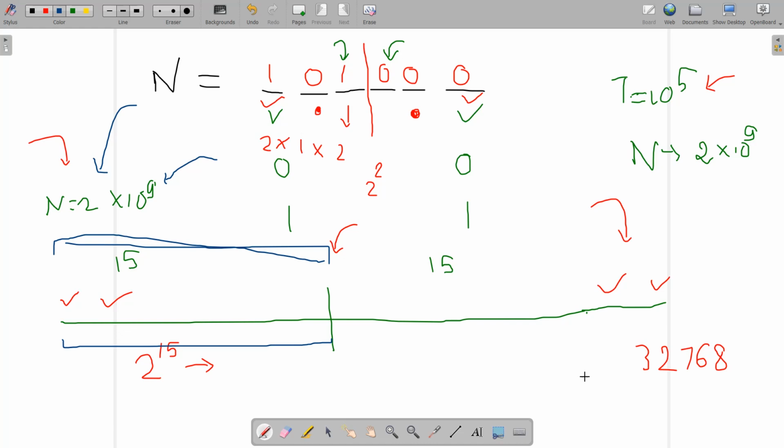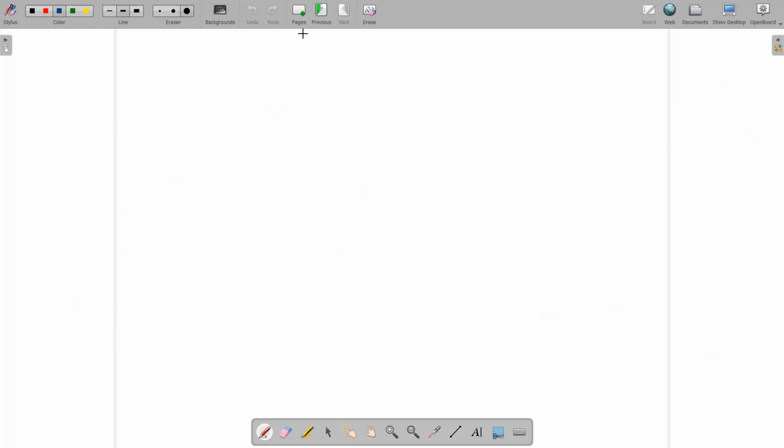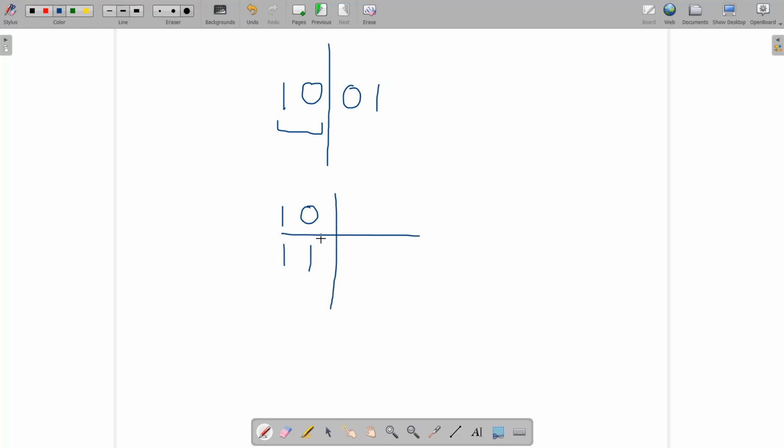Let us take another example. If we have 1001, this is a palindrome, right? So what I'm going to do is divide it into two halves, and I will generate the first half. You can see there are two places. I will generate all the possibilities of the string for these two places, right? What are the possibilities of these two strings? You can see it will be 10 or 11. If we have these two strings, I will just reverse them over here. That is, reversed 10 would become 01, and reversed 11 would become 11.